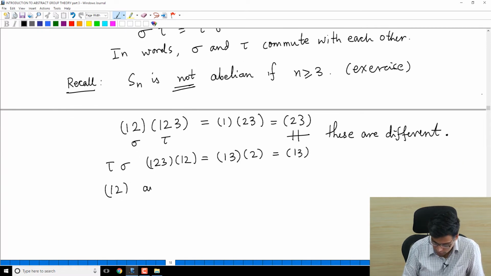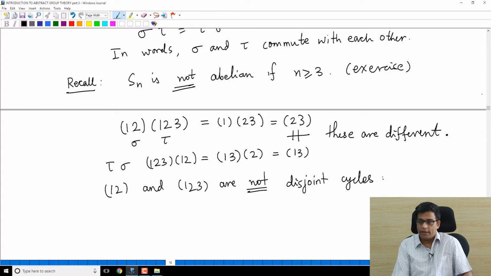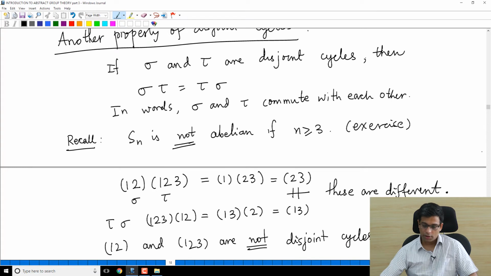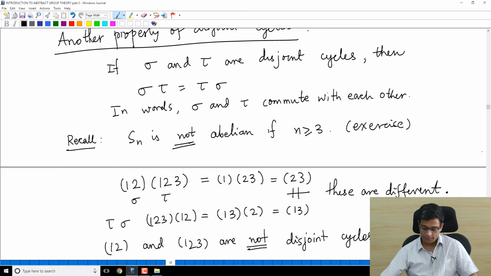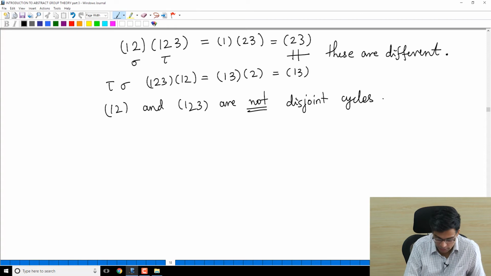(1 2) and (1 2 3) are not disjoint, because the index 1 appears in both, the index 2 appears in both, so they are not disjoint cycles. However, if they do not have any common indices, we must have that they commute with each other. So now let me prove that if sigma and tau are disjoint cycles,